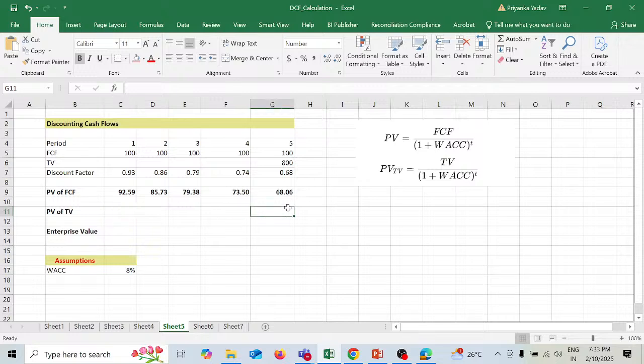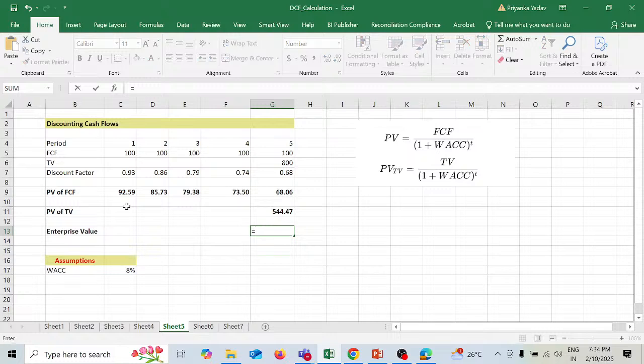Over here, this is for the last year, the 5th year we're going to pick up over here. This is the terminal value over here, it's provided, multiplied with your discount factor. Now finally the enterprise value is over here, will be the summation of the entire present value of FCF and present value of your terminal value,